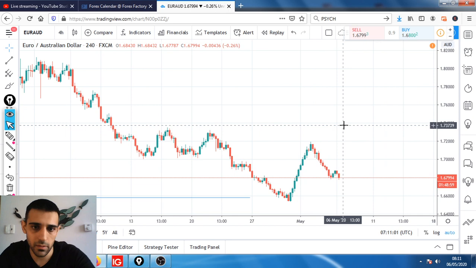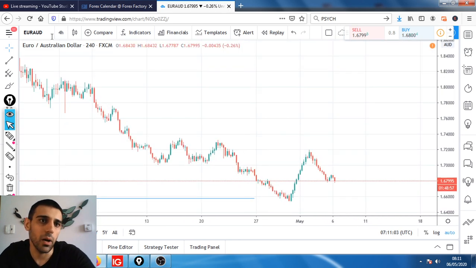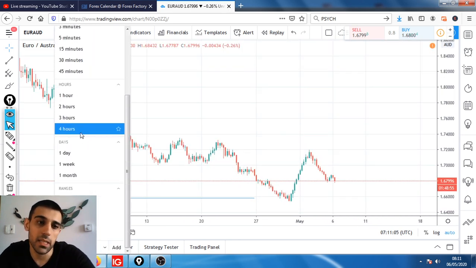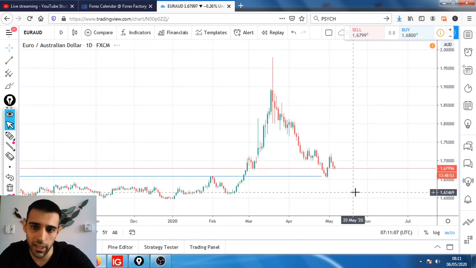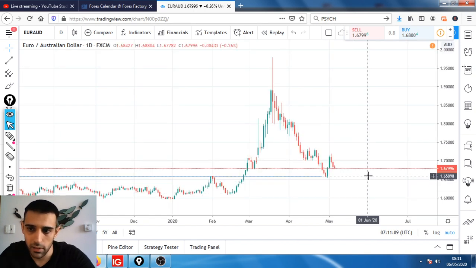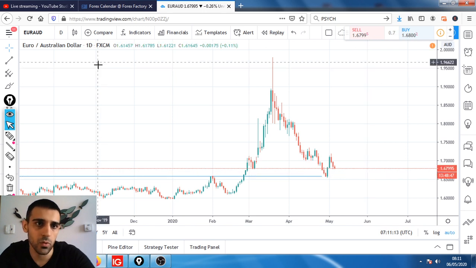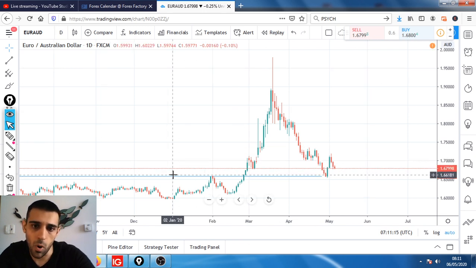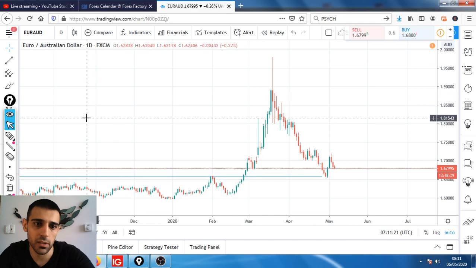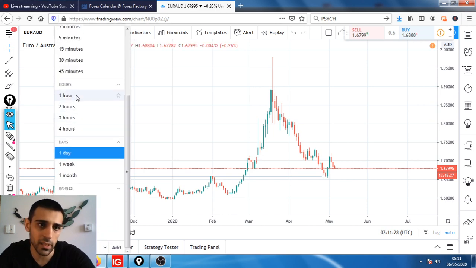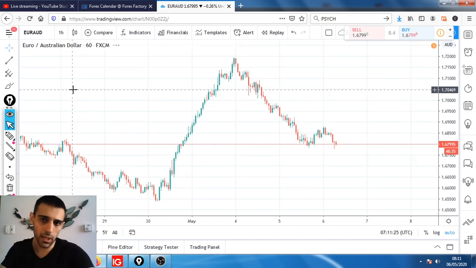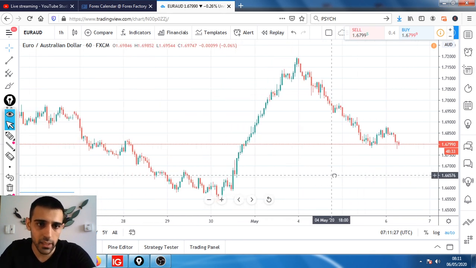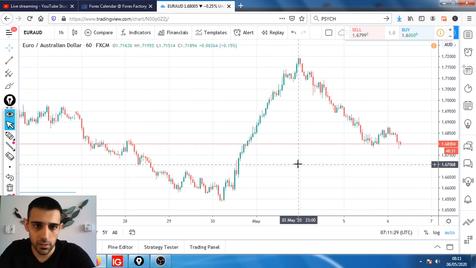6700. We don't have it on the 4-hour time frame. However, we can use either, let's have a look at the daily time frame, see if we can use something. Okay, this is a bit further down, so this is a nice support. We can use the 1-hour time frame as one of the targets. This is a bit further down, so that could be potentially a second target, but for now we're going to stick to the 1-hourly target, which was down to